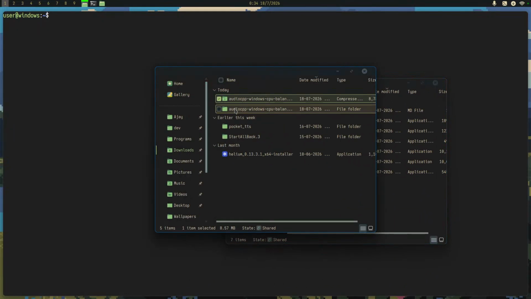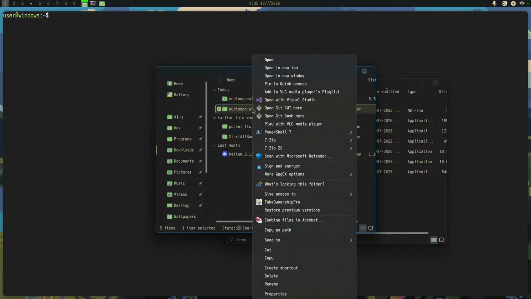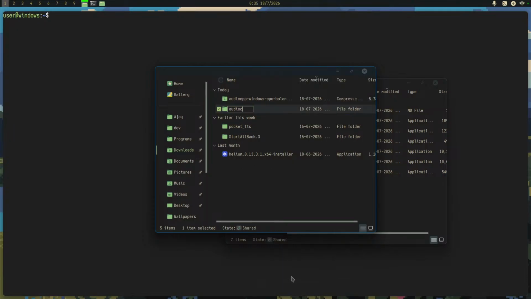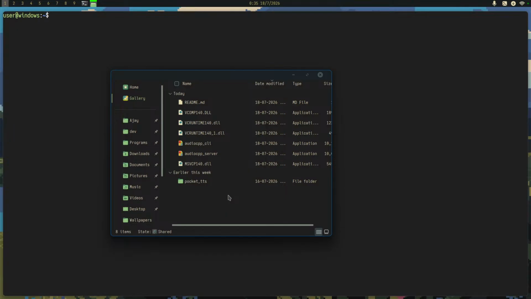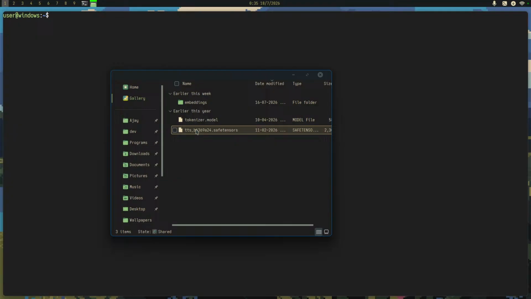alright, so what I'll do is just run this. If I recall correctly, you have to rename this safetensors file as model.